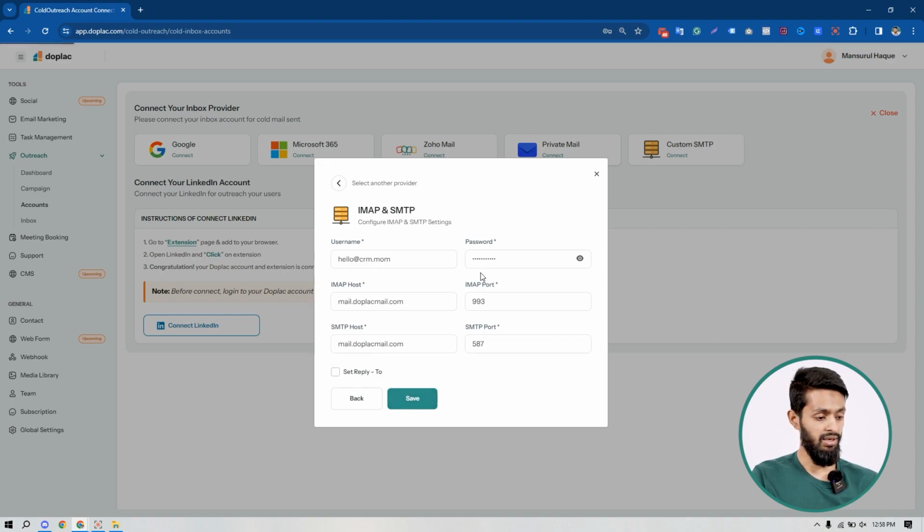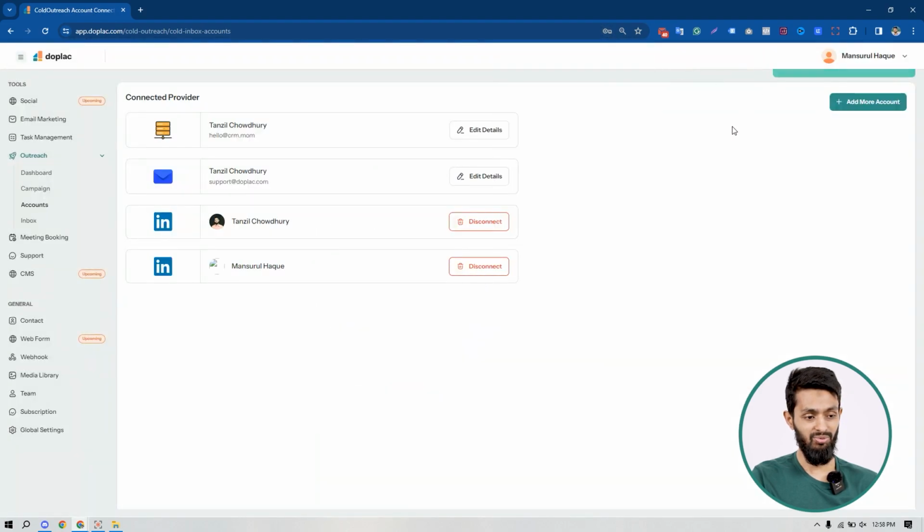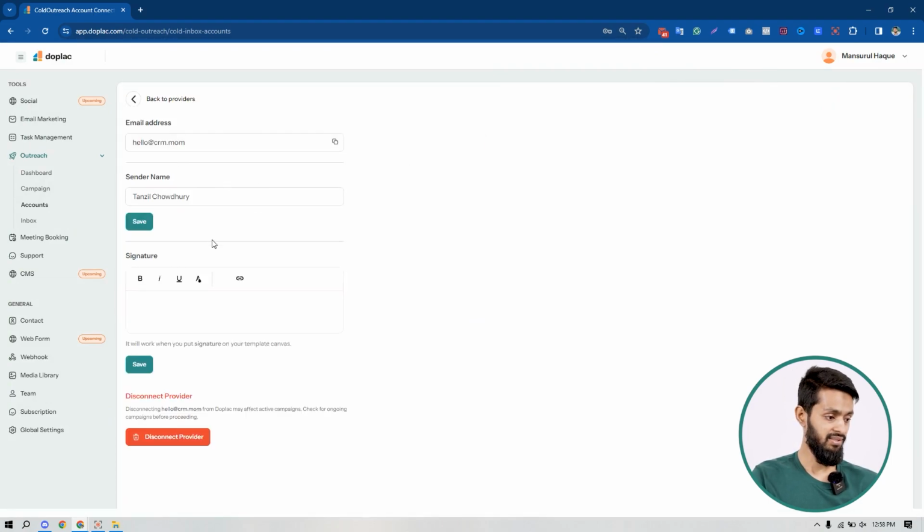So just click on save, and here it is, my account is connected. Look at that. Now you can find it here. If you want to edit any information of the account you have connected, then you can just click on edit details. Here you can change your name, you can add a signature, and you can use this signature in your email template,